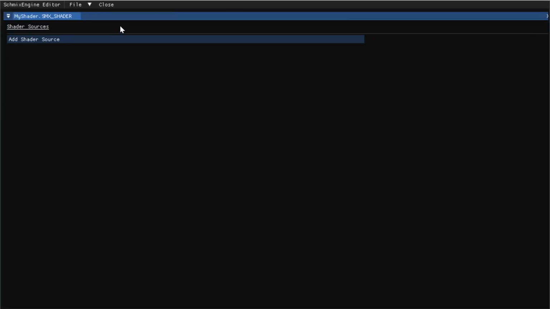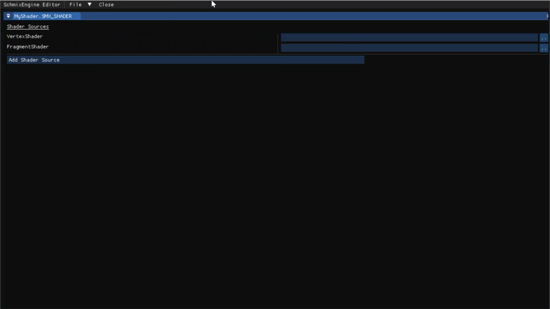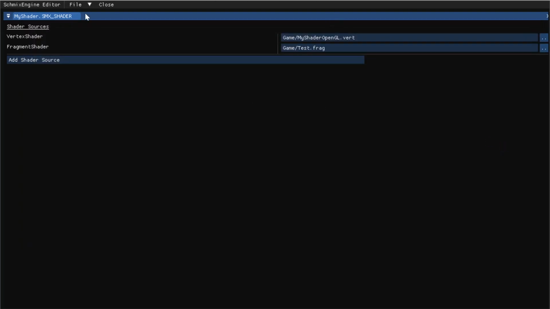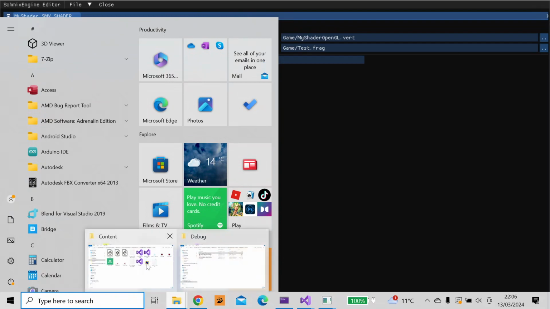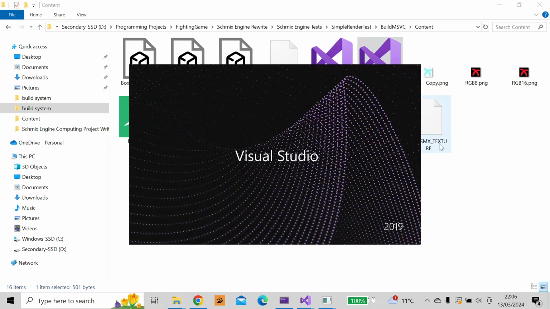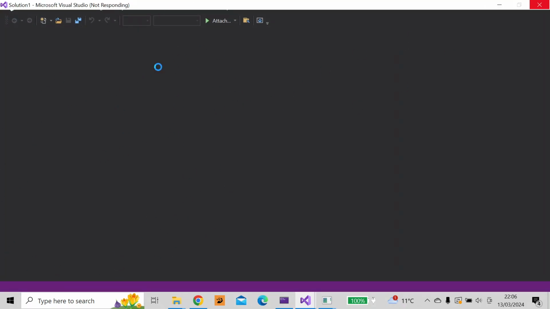So this is the shader editor, and from here we can specify the source code files for our shaders. So if I set this as the vertex shader and this as the fragment shader, meaning that these two files are our shaders. So if we open the vertex shader, when it loads,